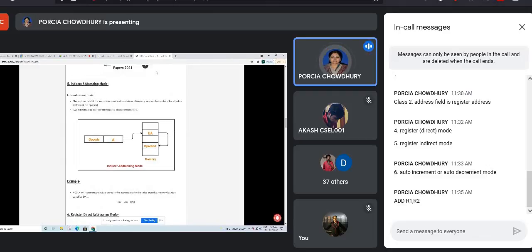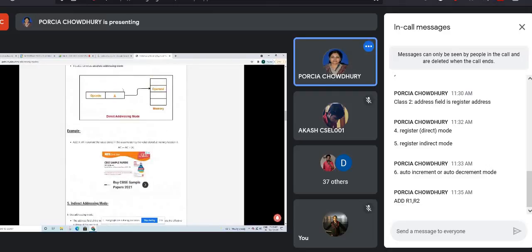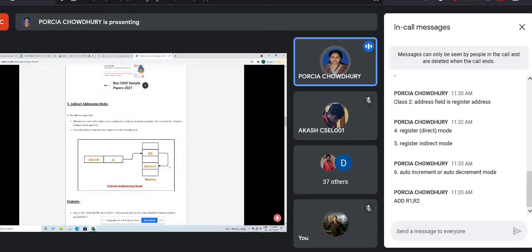In the previous case, that is in case of register direct, whatever address this register holds is basically holding the operand directly. That's why it's direct addressing mode. Over here, in case of indirect addressing mode, the content of the register will hold one address, instead of one value. You have to first go to that address. That address will specify another address location from where you have to fetch the operand. That's why it's called indirect addressing mode.